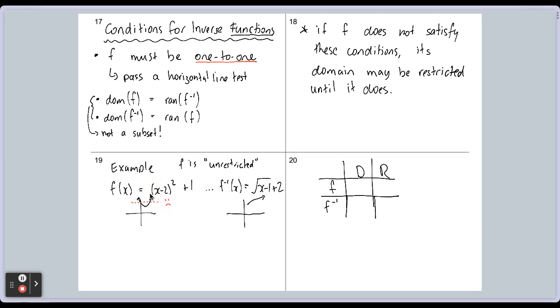Now, take it as read, please. You could do it yourself, but if you use the usual techniques that we practiced last lesson in order to find the inverse, that would be the inverse here: f inverse of x equals the square root of x minus 1, plus 2. So you can see for f of x, I can draw a horizontal red line somewhere on this graph like I've got here, and so it fails the horizontal line test. So as it stands right now, it is not invertible. However,